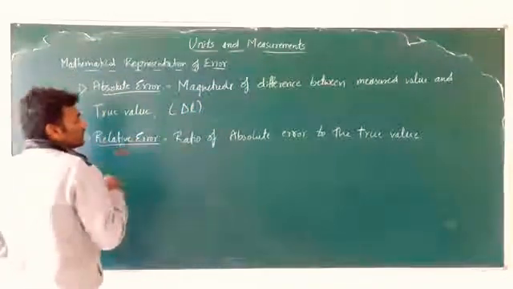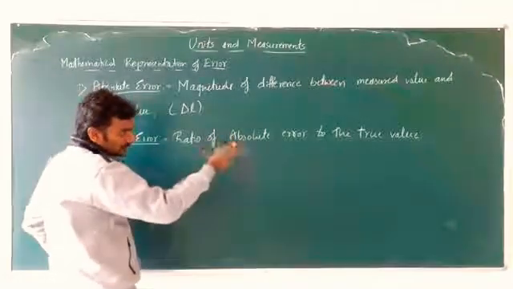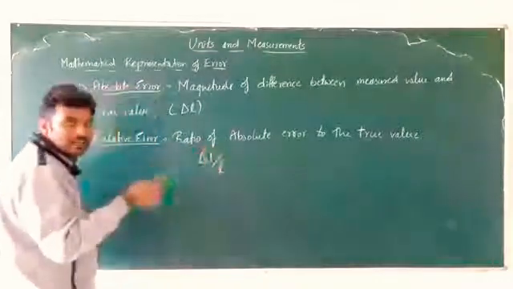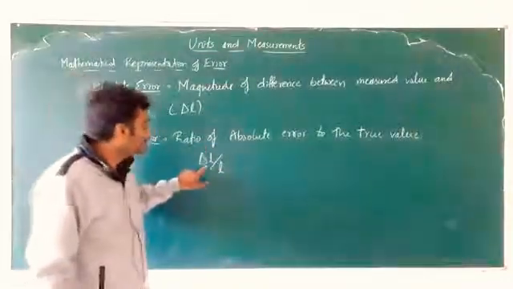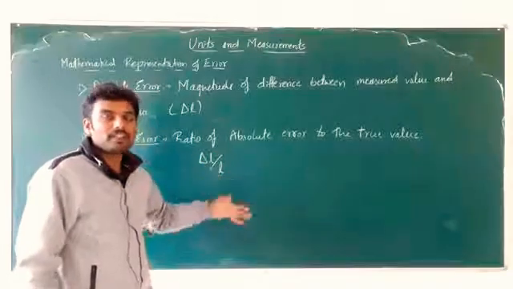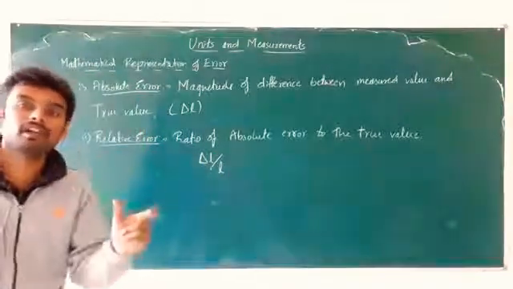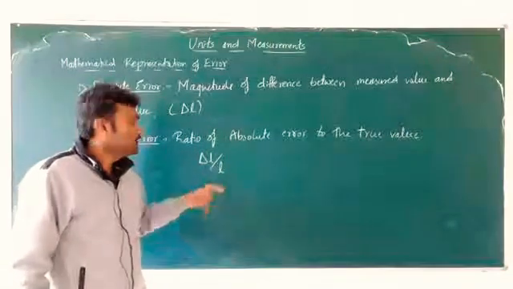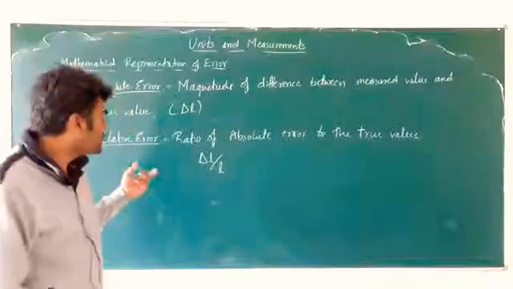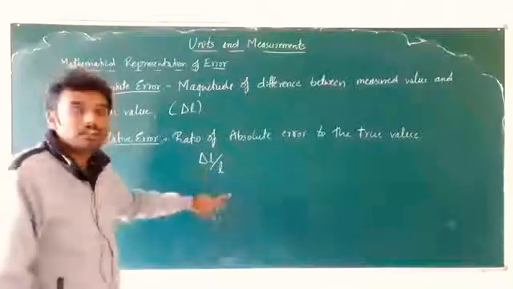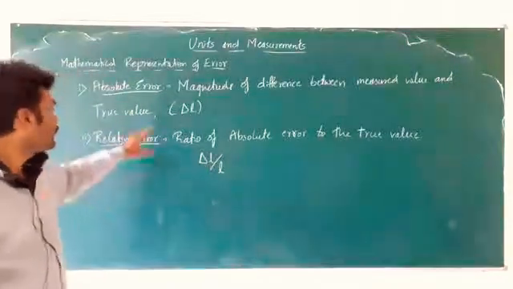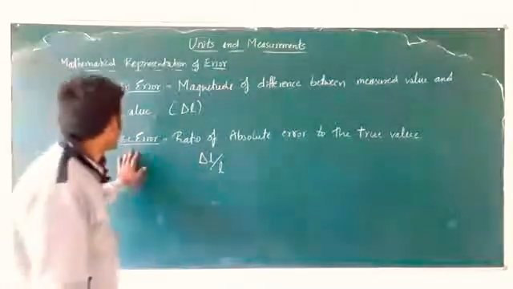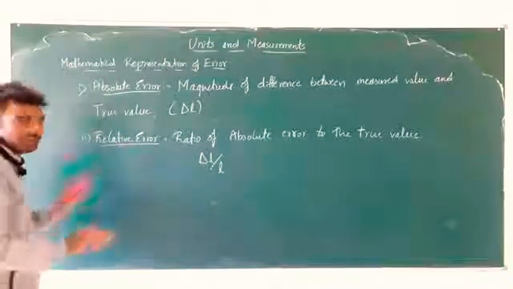And here we represent delta L as, see, the definition itself says that delta L by L. It's the ratio. In the numerator, we will have the absolute error. If I take the previous example, 0.01 gram is the error which I should keep in the numerator, and L is the true value which I should keep in the denominator. So, delta L by L is the relative error and is expressed as such. Clear? So, that's about relative error, very easy, it is the ratio.